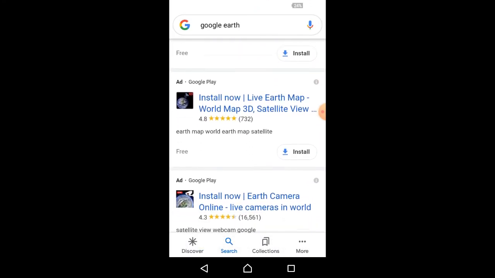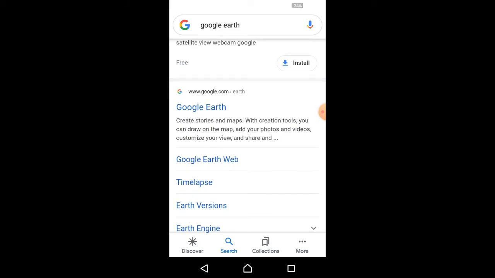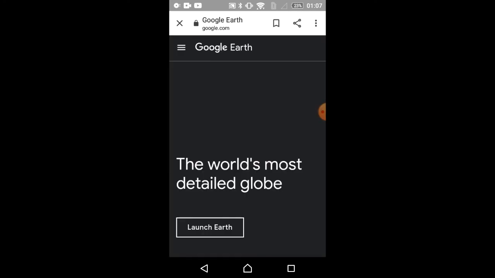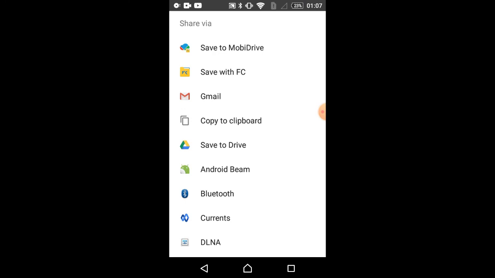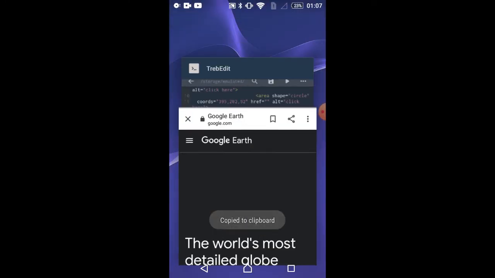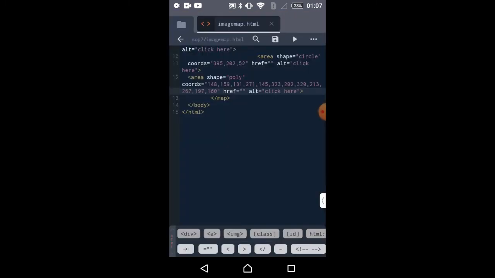You can give any other website. Again click on share, copy to clipboard, go back and paste it in the href of the circle shape.